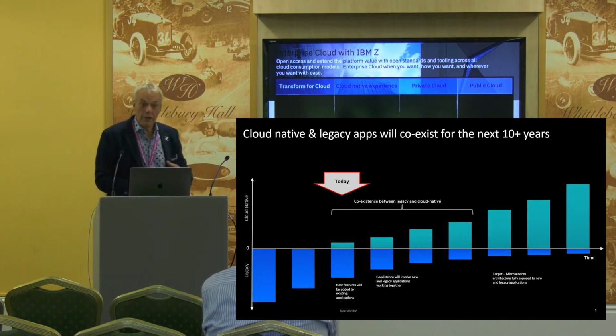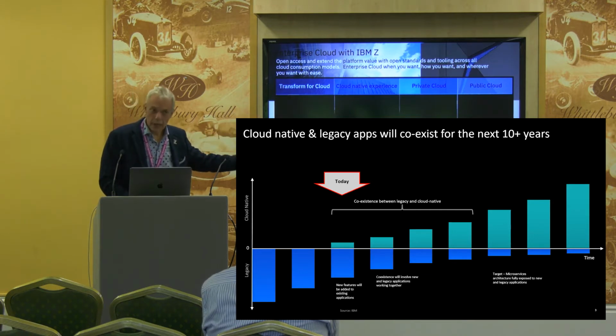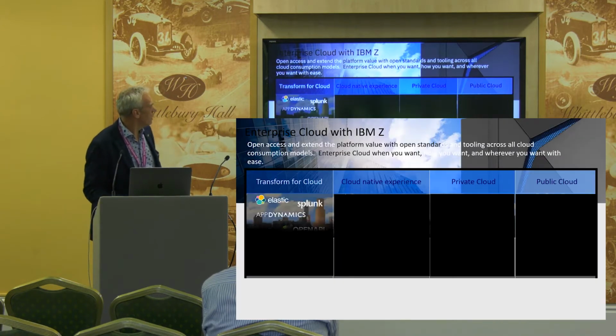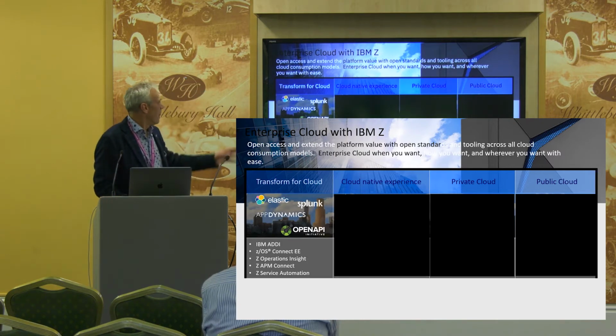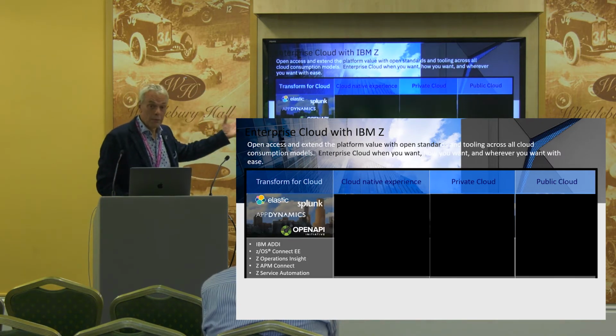So we want to give the customers the experience that even if you work on a mainframe, they get a cloud native experience. And of course, if you run your private cloud, Z has a part in that, and also on the public cloud. If I want to dive in a little bit, it's more about what we are going to show you later on. But in transform to cloud, we basically say, okay,